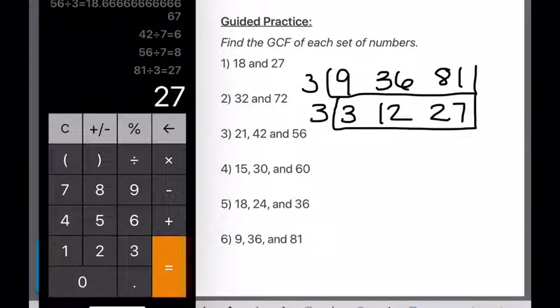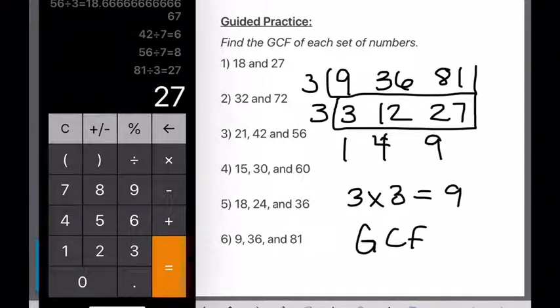3, 12, and 27 can all be divided by 3 again. 3 divided by 3 is 1. 12 divided by 3 is 4. 27 divided by 3 is 9. The GCF of 9, 36, and 81 is 3 times 3, which is 9. The GCF is 9. Hopefully you guys are all becoming used to the ladder method